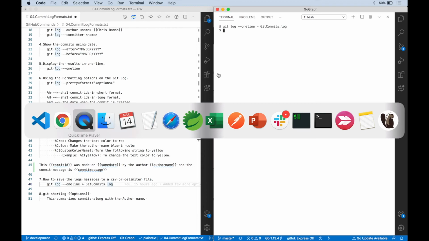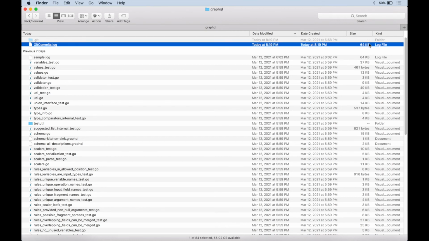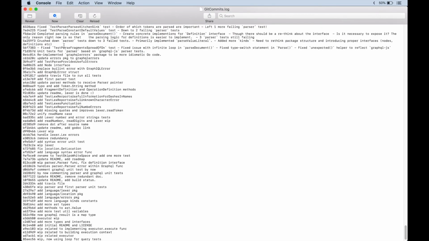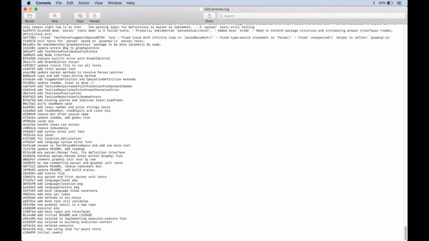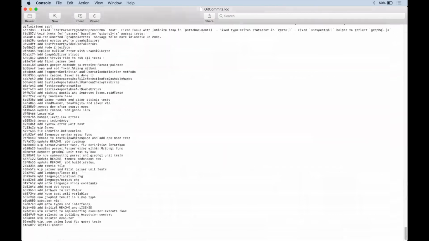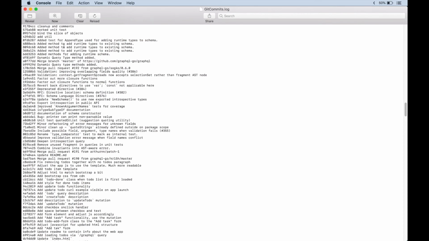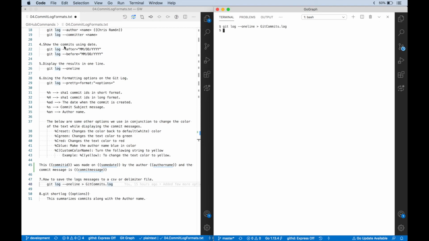Let me go back to my folder explorer. Here you can see git commits.log. It has been created today, and the size is 64 KB. If I double click here, it is going to open this log file. You can see the complete history of the commits of this GitHub repository. Basically, these many commits. If you are creating a CSV file and trying to feed it into another system or application that is going to take your feed and generate some graphs and charts, this will be very helpful, friends.